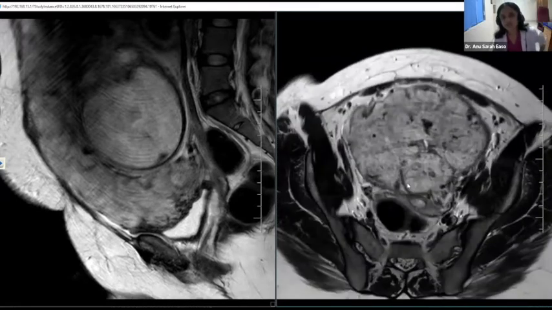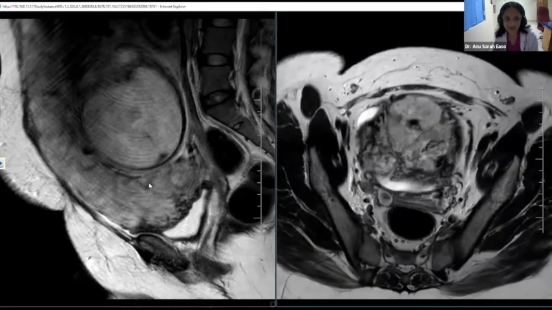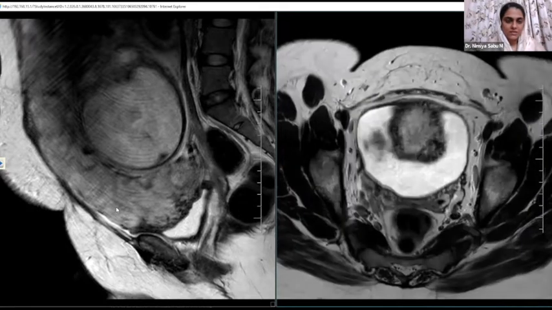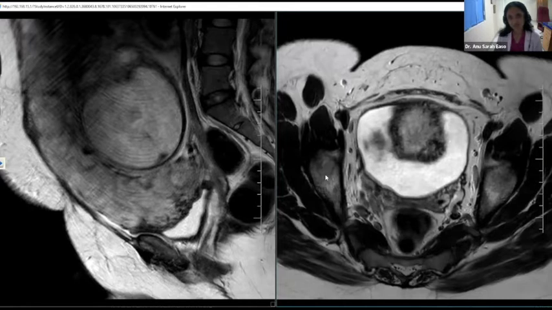So okay, here we have the placenta appearing mildly thickened. It's low lying, as you said, and here we are not able to see the hypointense uterine wall clearly. The myometrium is not very well defined here. Contrast imaging was not done because the patient had concerns of contrast going transplacentally to the fetus, and we had to stop with the plain images.